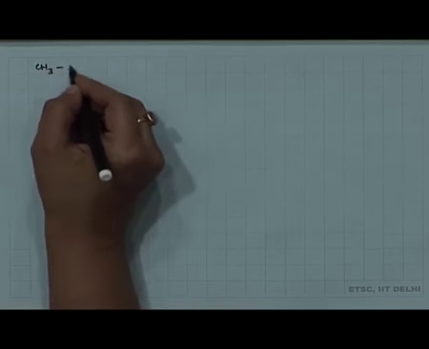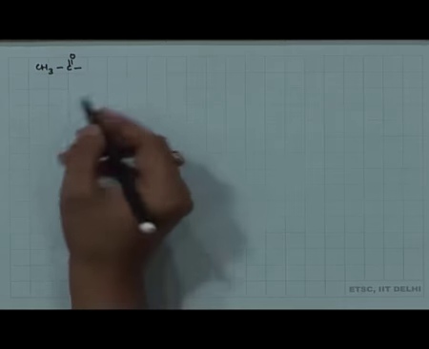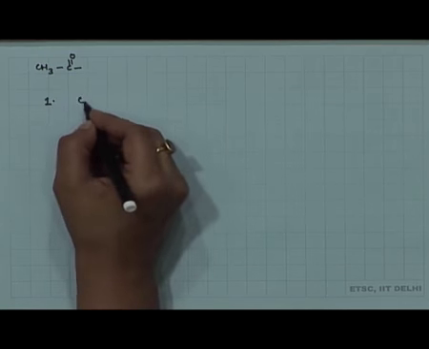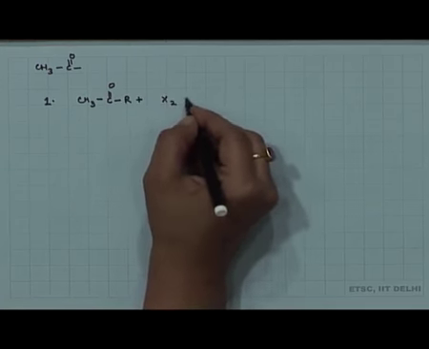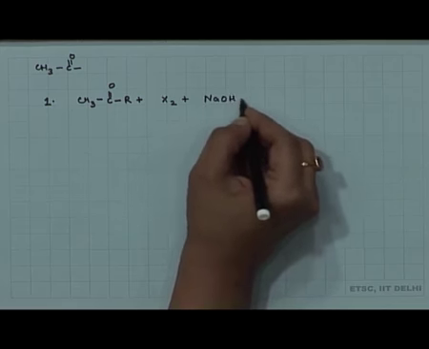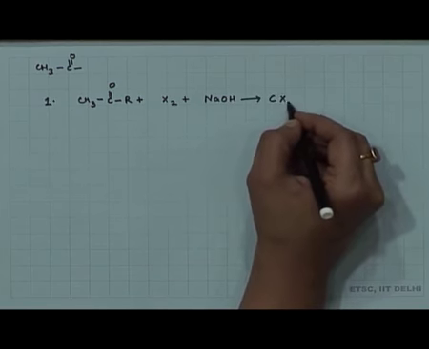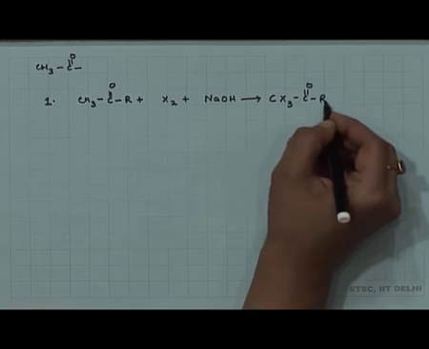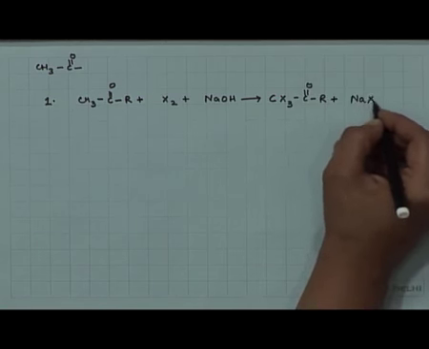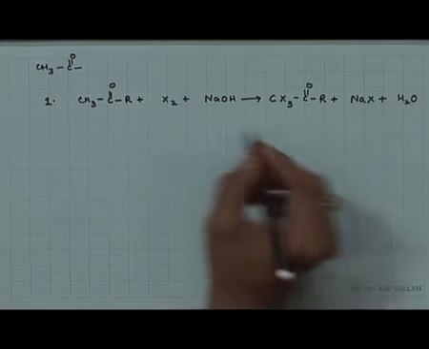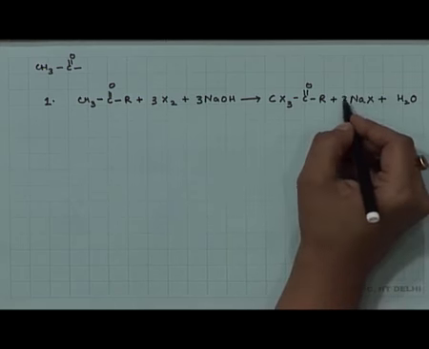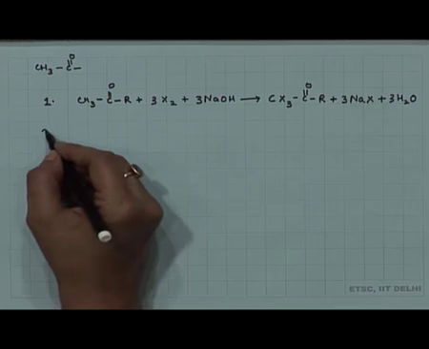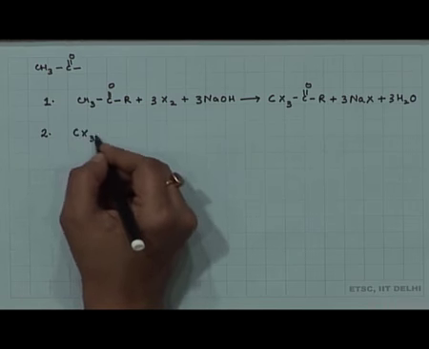The same thing if you carry out with an acyl unit. So what is the first step? The first step in this case is going to be directly the halogenation using the halogen and NaOH to give you the halogenated ketone along with formation of sodium halide and water. Again, if you balance this, it requires 3 moles of this, 3 moles of this stoichiometry. The second step is the same, which is the hydrolysis of